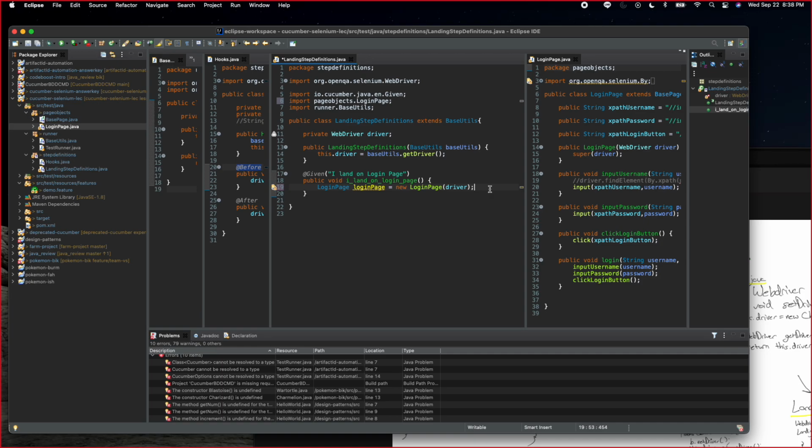So okay, I did that. Then I did login page dot. You're doing land on login page. Yeah, I mean, just leave it as that. Or, you know what, okay, let's make it more accurate. Let's say